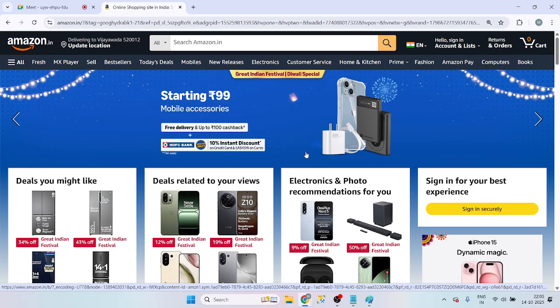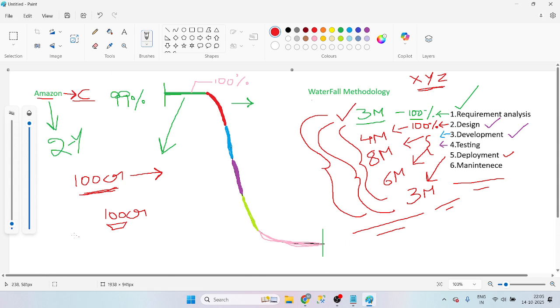Okay. What I will do after 2 years, I will take my project and I will consult Alia Bhatt, Shah Rukh Khan, Salman Khan, right? Whoever is capturing the market, the great people of Bollywood. I will go to them, explain my project, and give some revenue to them to promote my product. Now my product will be promoted. Within 1 month, I get 100 CR if I promote with these guys.